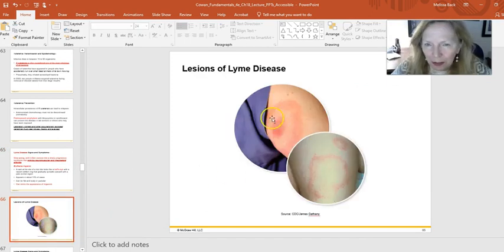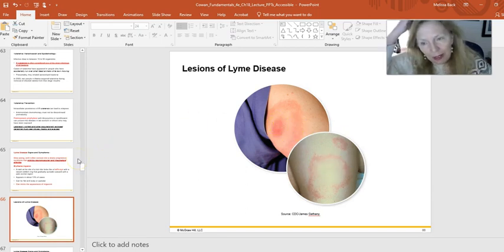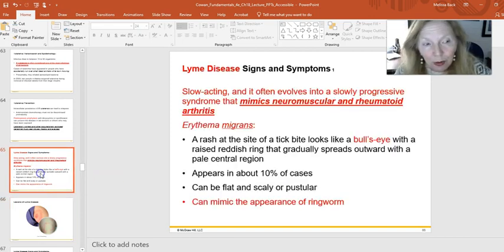This is a classic picture of a bullseye rash, which looks like a target site, doesn't it? But it can also look like this, because it starts out red here where the bite is, but then the redness dissipates and moves away from that. So here's another, less classic than this one, but these are the kind of things you might see. Sometimes the people that come in that show you this don't remember having a tick bite. It's not like they remembered removing a tick from this area. Most people who have this don't remember that they had a tick, so it can happen without a known exposure.